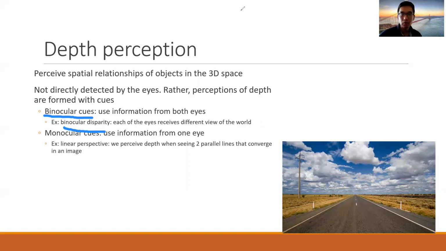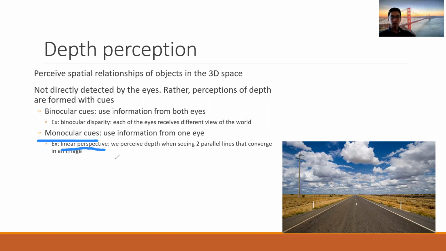And another type of cue is called the monocular cues. It means that the brain uses the information from only one eye to tell the depth, how deep the thing is. So one example is called linear perspective. It means that if the picture or the things that we see have some kind of depth, the two parallel lines must converge into the same point